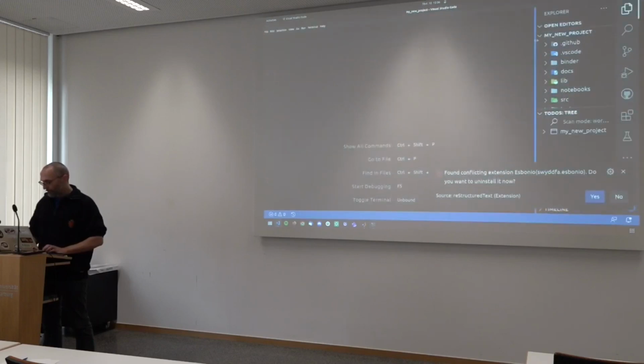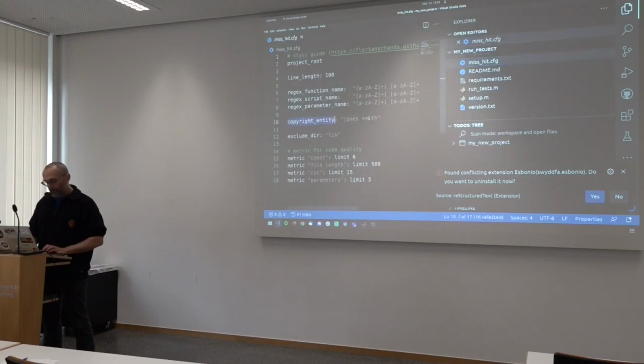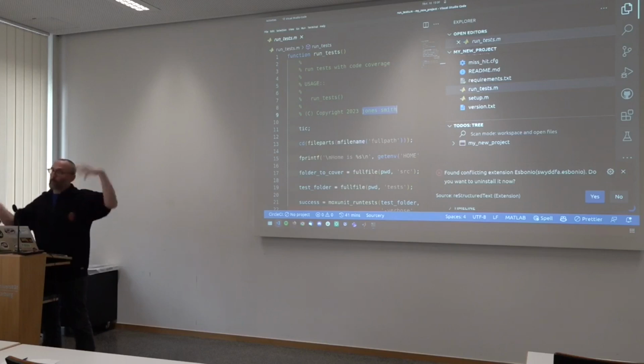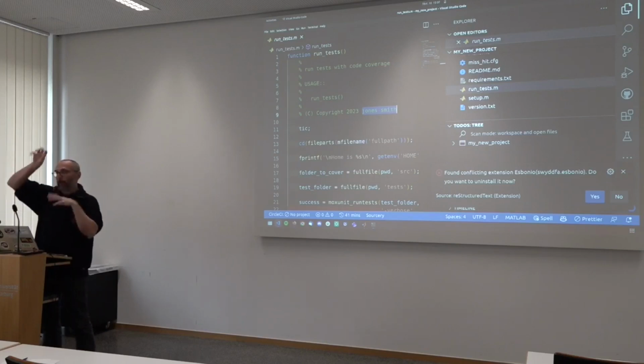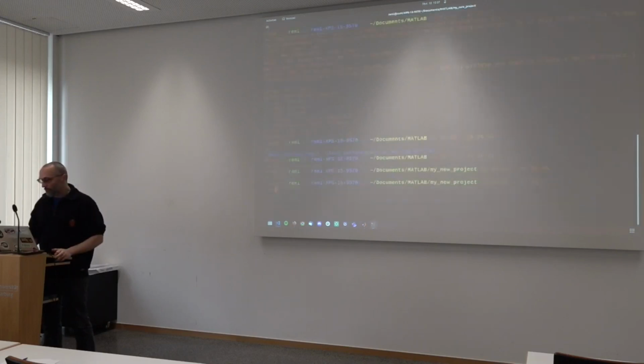So now things should have been adapted so that your copyright has your name, and all the MATLAB functions should have the proper name on top of them and things like this. So this is another way you can start structuring your analysis and your whole project from scratch when you're starting a new project. If you have an already existing project, you can use the template and then move all your code in there and start reusing that structure if you want. So that would be one of my pieces of advice on how to structure things.